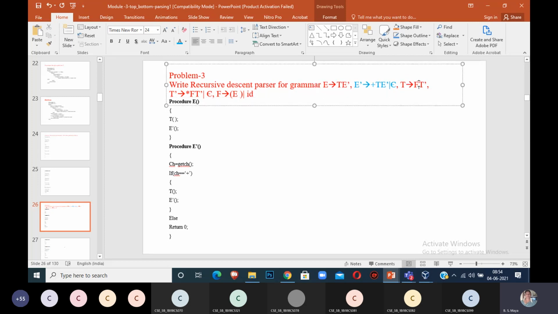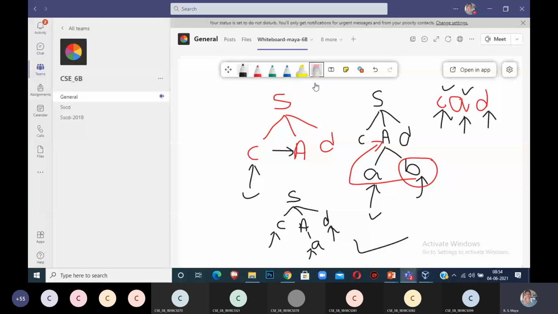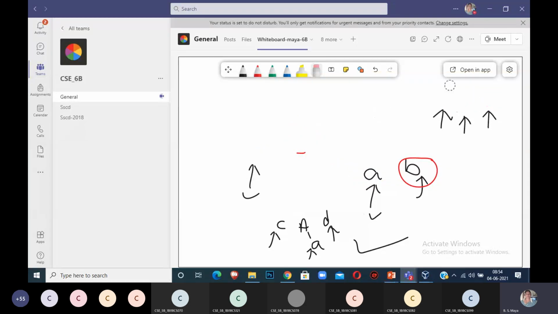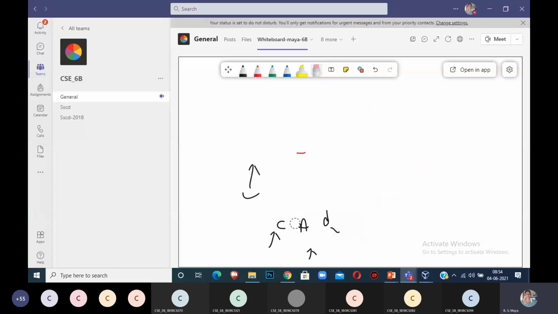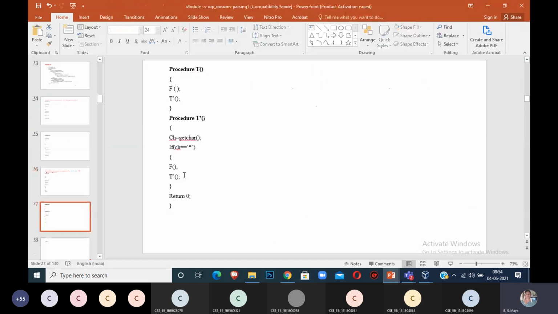Once it is read, it will get a non-terminal, so you call the procedure F. After procedure F, you have to call the procedure T dash. The same way, you can observe now: procedure for T will open parenthesis, call the procedure F and then call the procedure T dash. Because I have only one production, this is over.